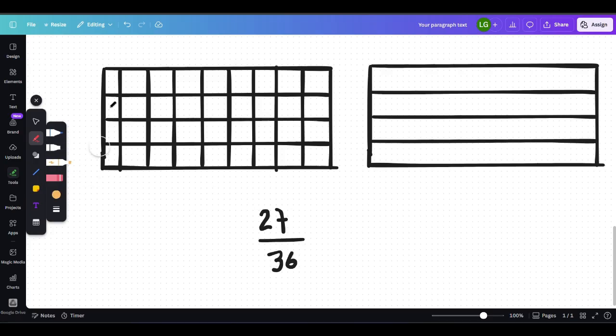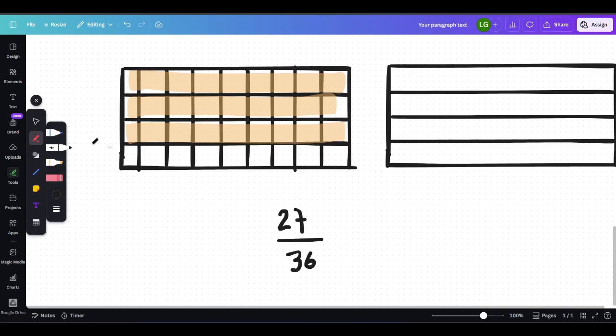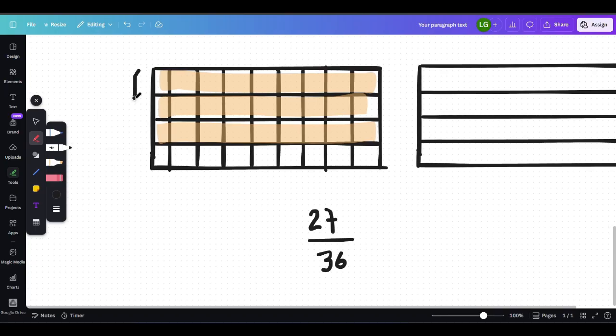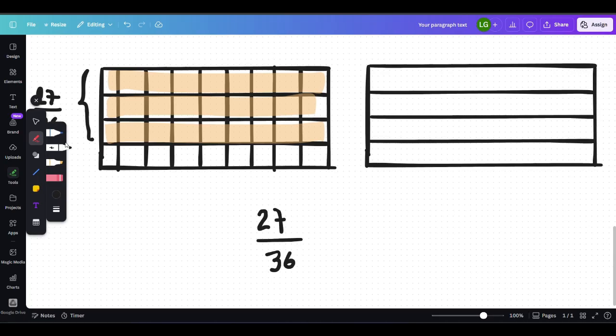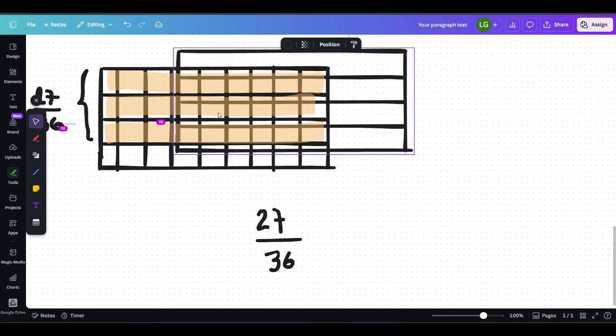So I've got to shade 3 sections because I know that 3 times 9 is 27. Okay. Now this is very important because I can see here that the shaded area is 27 over 36. Okay. And if I fit the same rectangle, because these are the same, I just made a copy of it,